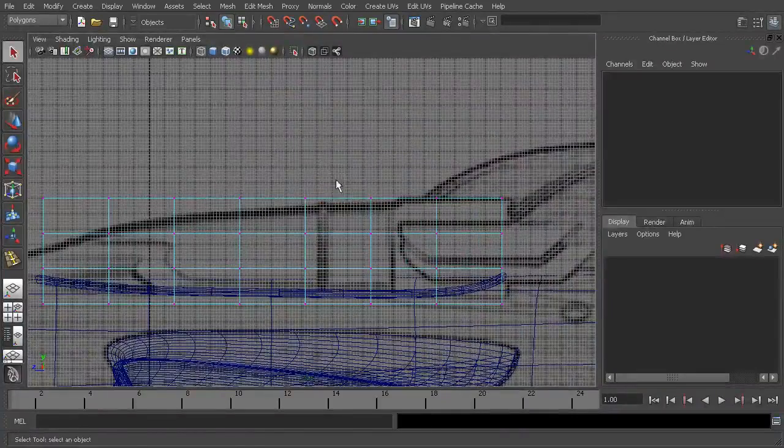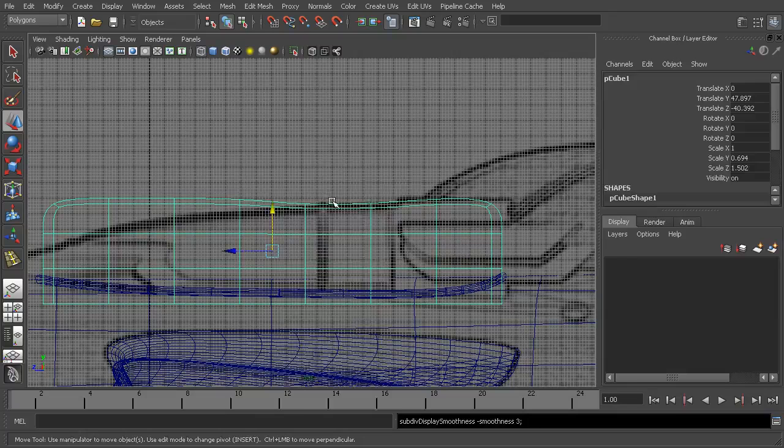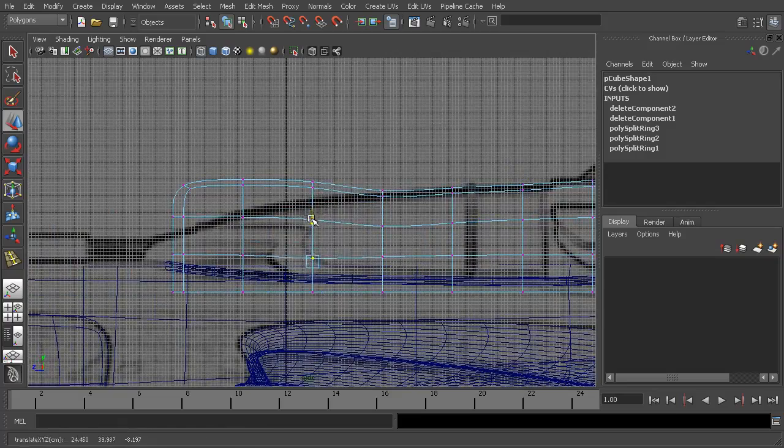And let's go ahead and get our vertex and kind of pull this down. And if you want to actually hit 3 to smooth, you can see, because sometimes it'll lose a bit of volume, and so you don't want to pull it down and then find out that you actually went too far, because once you smooth it, it goes down a bit further. So if you want to just smooth it, you can, and just come in from the side